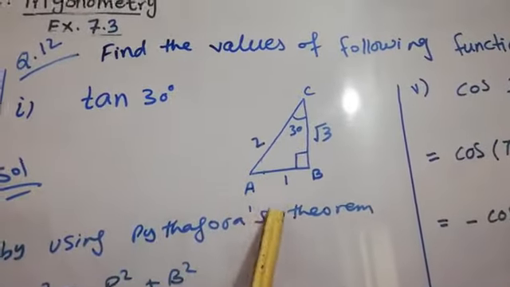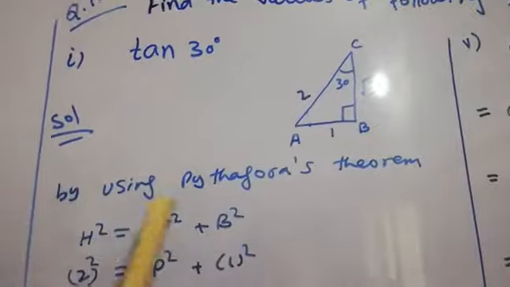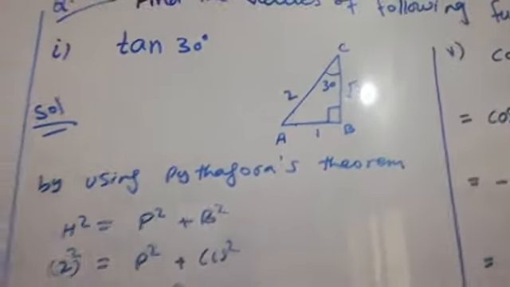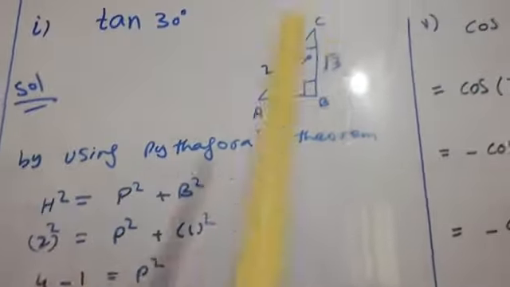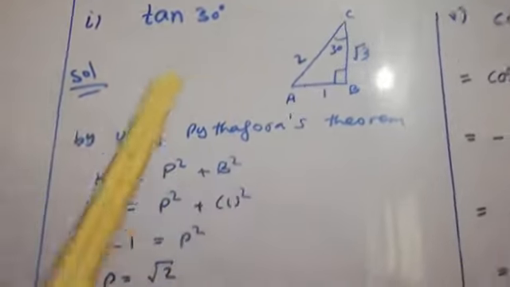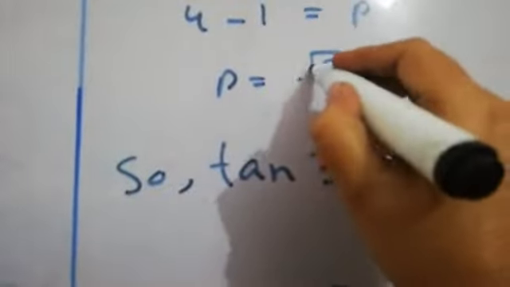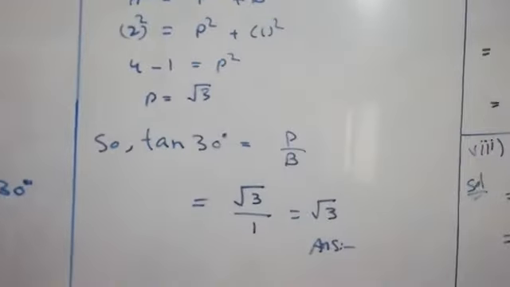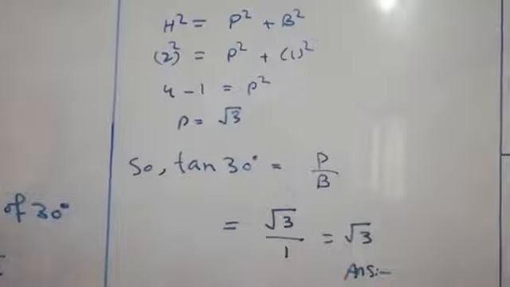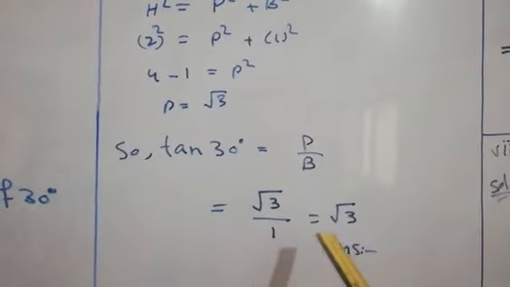So first of all, this is 1 and this is 2, by applying the Pythagoras theorem. And if you have remembered, then this is very easy for you, that you can write the value of tan 30. There is a mistake, this is the square root 3. So the value of tan 30 is equal to perpendicular over base, square root 3 by 3. You can check it from this table also.